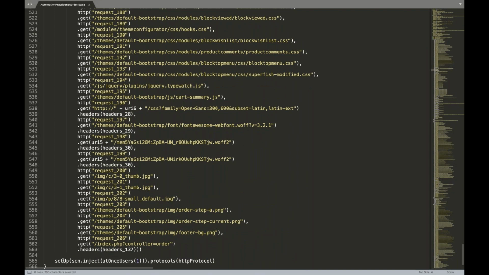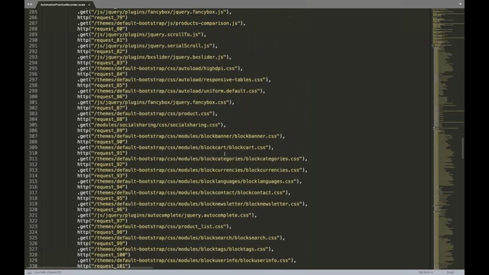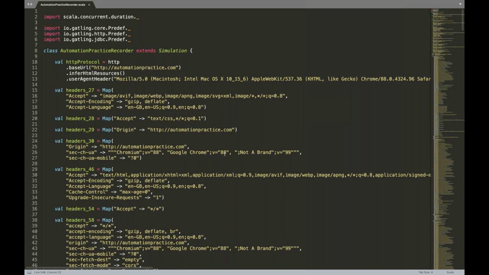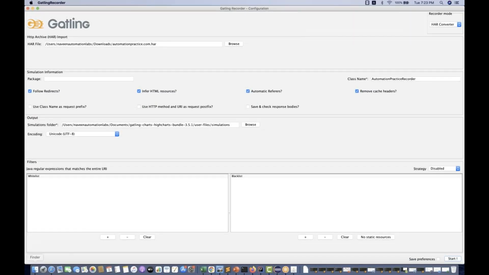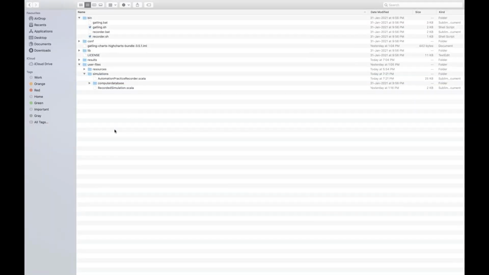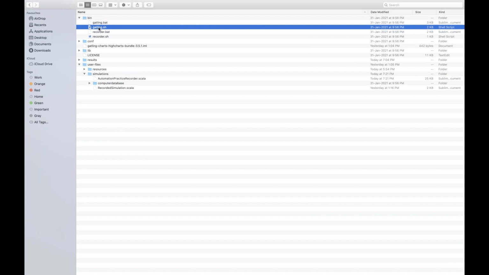And then finally it writes setup with one user I want to execute. So this is one thread, user number equal to 1, and I want to execute with the HTTP protocol. So don't change anything in this particular script, let it be like that. Now I'm going to execute this particular script once again. In the previous video, if you remember, I've already shown you how to execute a script. To execute a script, you have to execute gatling.sh, and then it will ask you which simulator you want to execute.